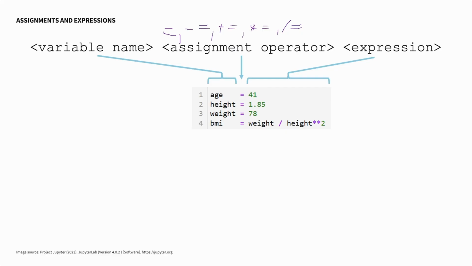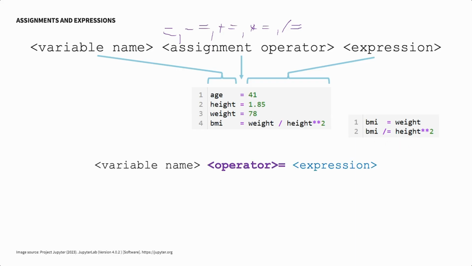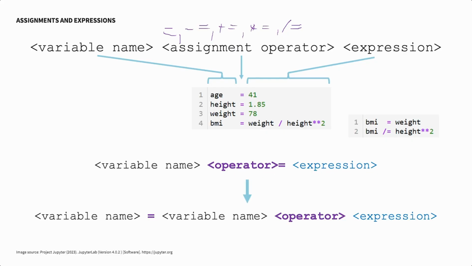Now, what is the syntax of these composite assignment operators? You see an example already here on the right side, but let's first look at the general syntax. Typically, as for the general syntax here above, we have a variable name, then such a composite assignment operator and an expression. And this converts to another statement, basically to an extended expression, where the expression on the right side is applied to the variable on the left side